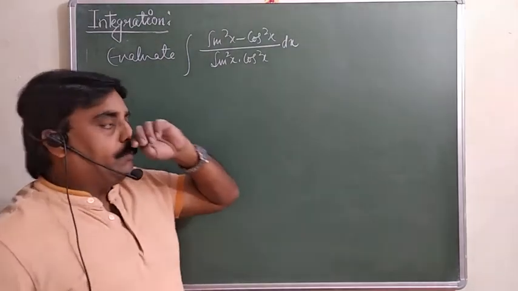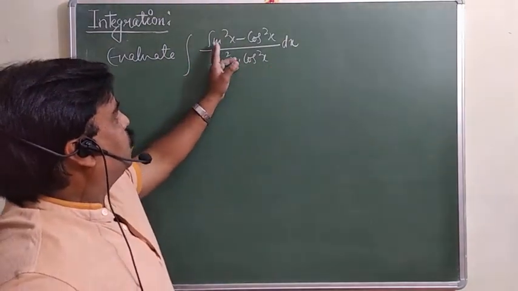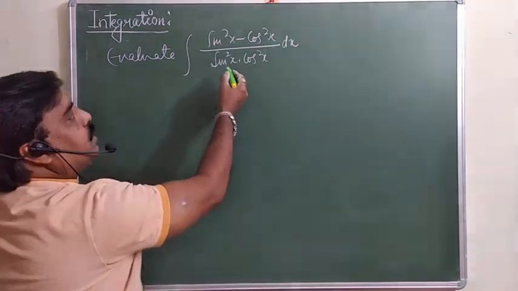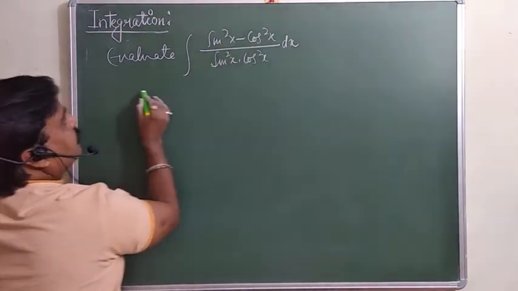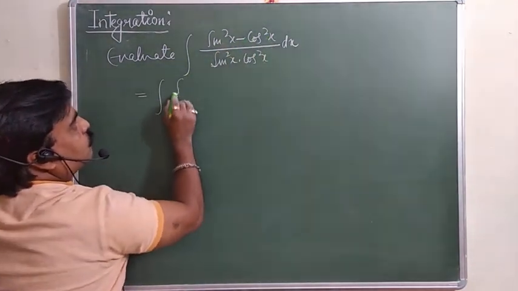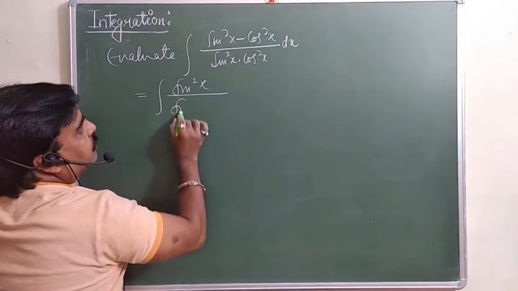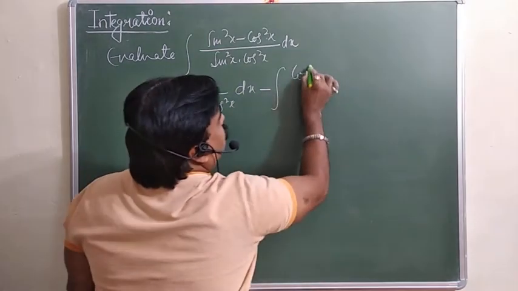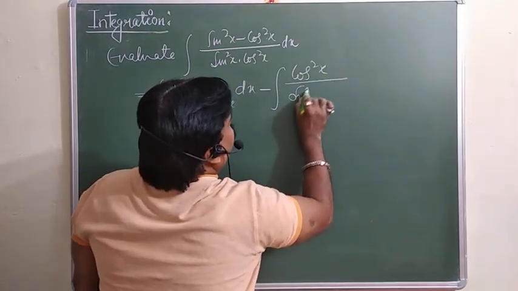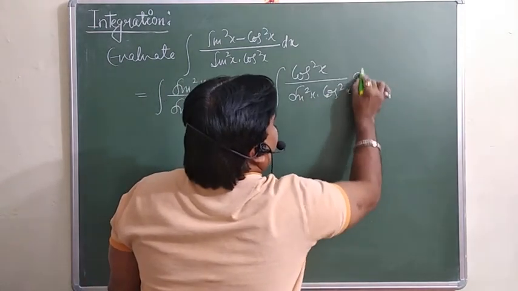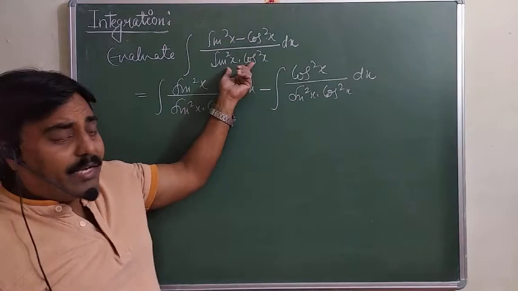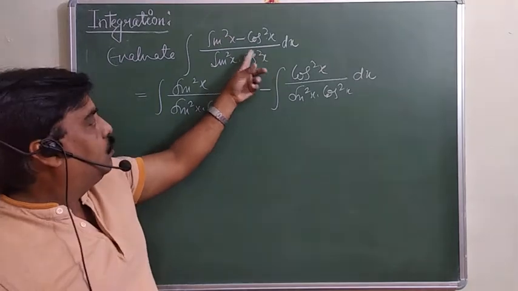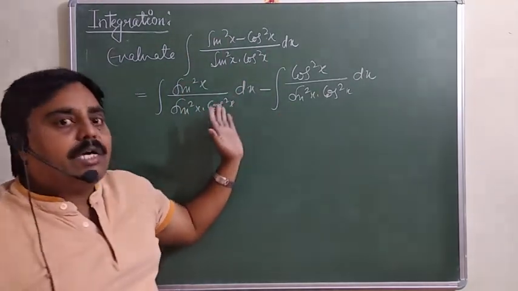Okay, one more question we are taking. You want to find the antiderivative of sin square x minus cos square x over sin square x into cos square x. So what we will do here, we are supposed to write both these terms under sin square x and cos square x. So you will get sin square x over sin square x into cos square x dx, minus cos square x over sin square x into cos square x dx. Here exactly what are we doing? We are going to break this, because we don't know the antiderivative of this function directly. So you are supposed to change it in such a way that you know the antiderivative.